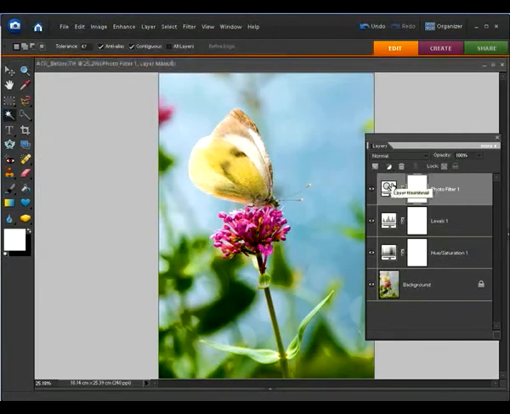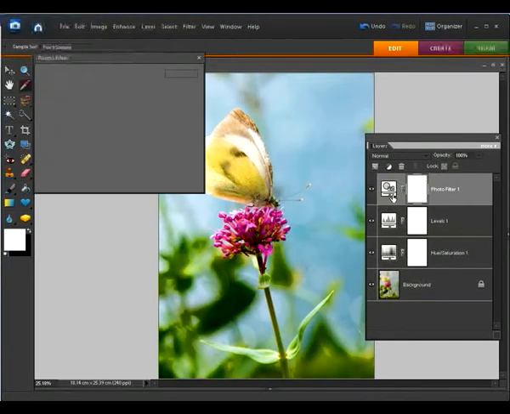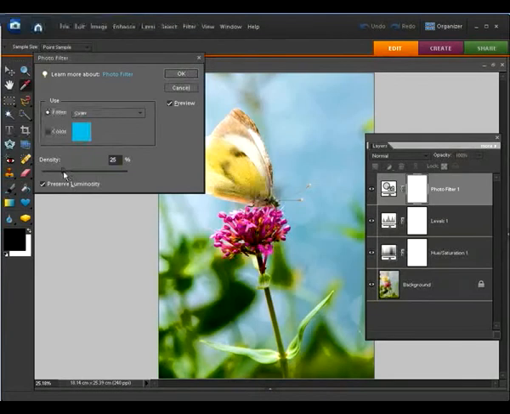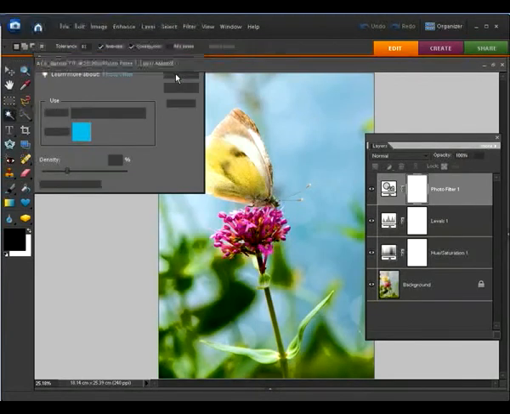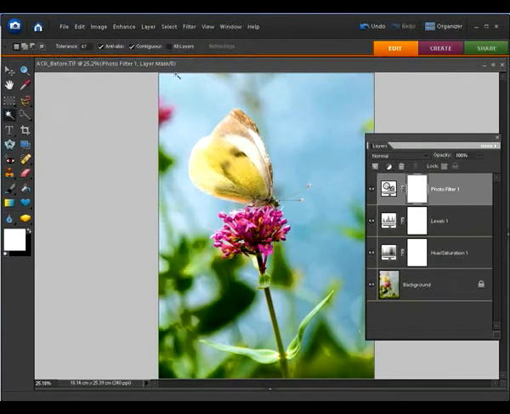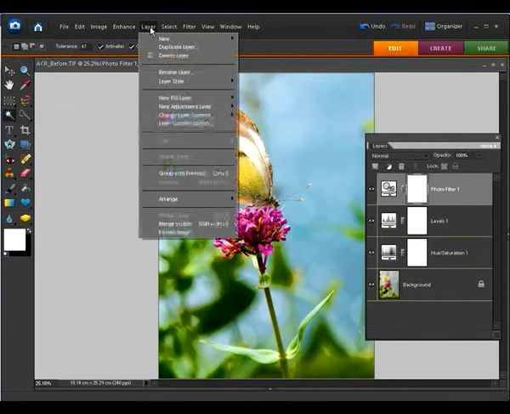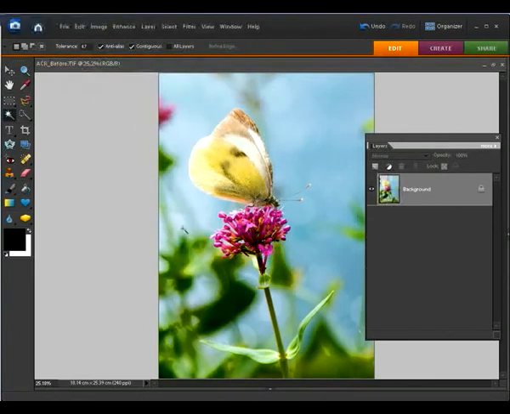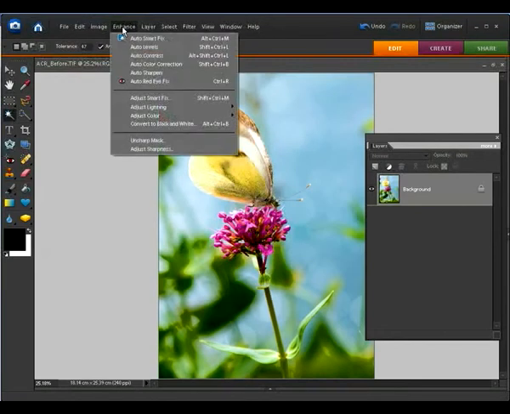And the cool thing about adjustment layers is you can double click on any of them at any time and then make changes like boosting the density a little bit more to make it slightly stronger on the blue background there. Click OK to make the changes. And if you're happy that you've got the image you want to print, then what you could do is go to Layer and flatten all of those together into the finished version, which you can then of course enhance by